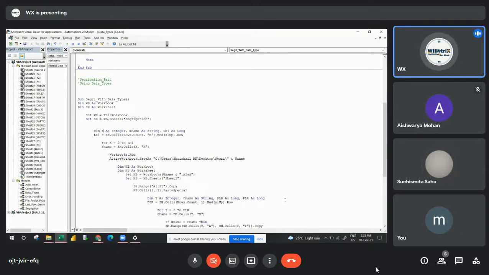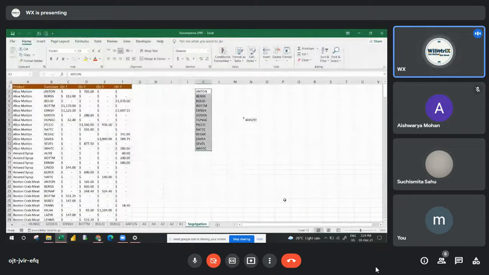Yes. Then again, I hold whatever variables I want to take. I'm just holding all those things here: x as an integer, W name as a string, then LR1 as a long. Then first I'm finding the last row. Every time we need to define all these integer or long variables, we can define whatever is required first, because when the requirement comes, it can be displayed there. Or else, if you do it at the beginning, you will get confused about what name you are taking for that particular variable. And later, I'm using that loop to create a workbook. So what are the references we have in the K column?